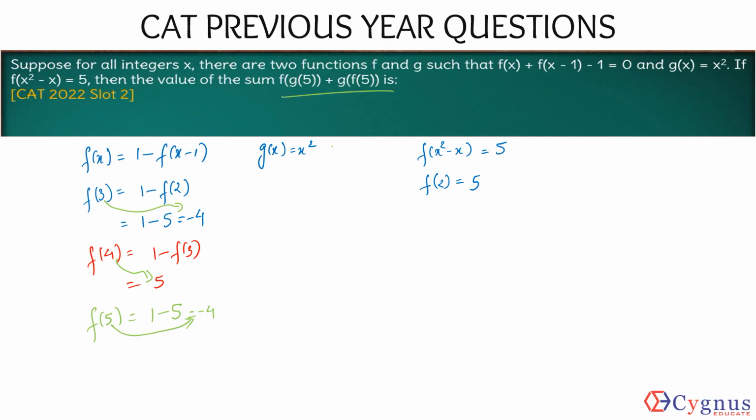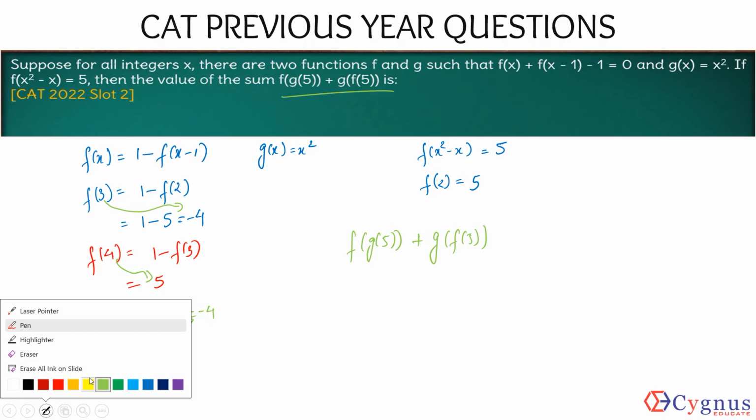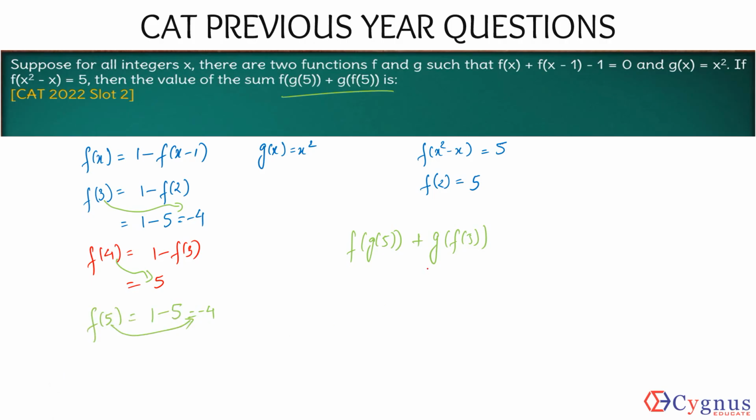Now let's look at the question. You need to find f of g of 5 plus g of f of 5. Yes or no? You are looking for these values. Fine. F of g of 5. What is g of 5? I'll be using this function. G of 5 should be 5 squared. That is 25. So f of 25